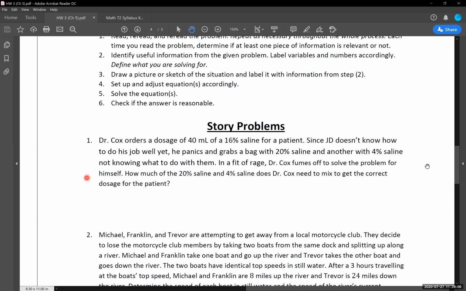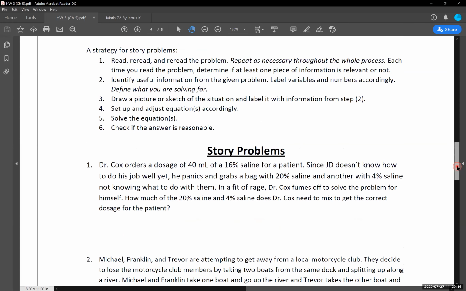So again, we have a lot that's going on in here. We need to try and pick out the information that is relevant and irrelevant to what we are solving for. I'm going to move us up here, so we're going to bring our strategy into light a little bit for us as well. So we've read the problem once. Our second step: identify useful information, and if nothing else, define what we are solving for. Maybe each time we read this thing, let's figure out what we need, what we are and aren't solving for